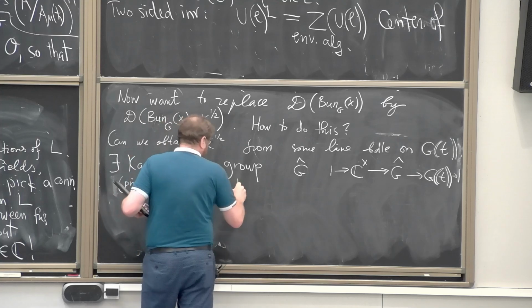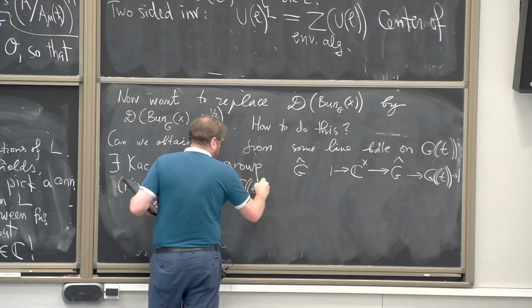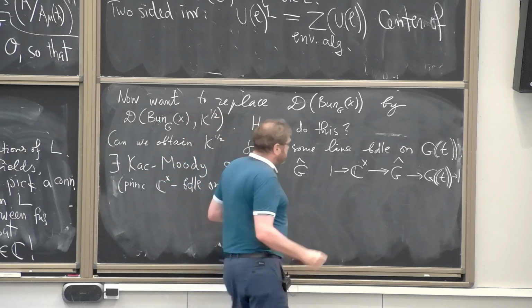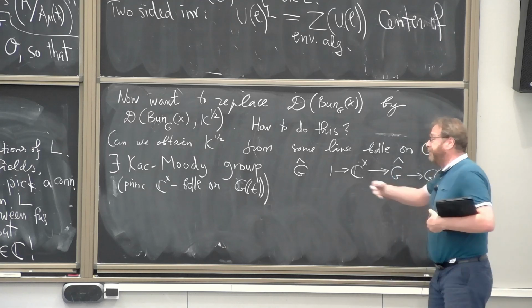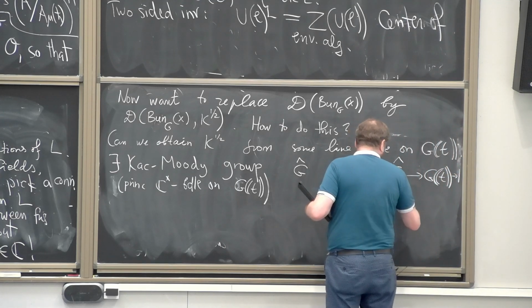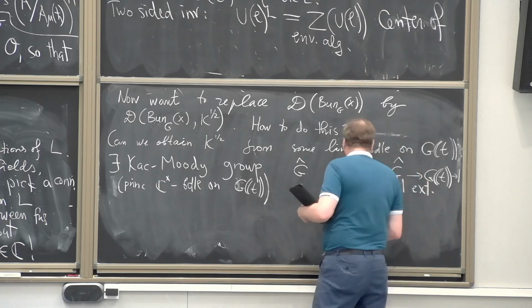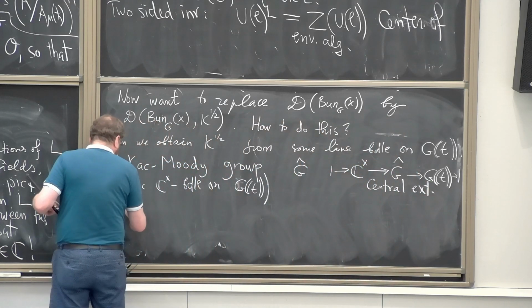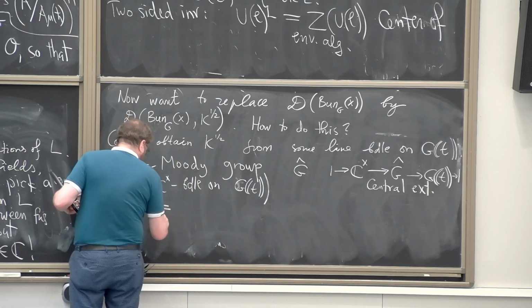On G of T. And it is equivariant with respect to both left and right action because it comes from a central extension. So that's a central extension. So the Lie algebra of this group G hat is an affine Kac-Moody algebra,